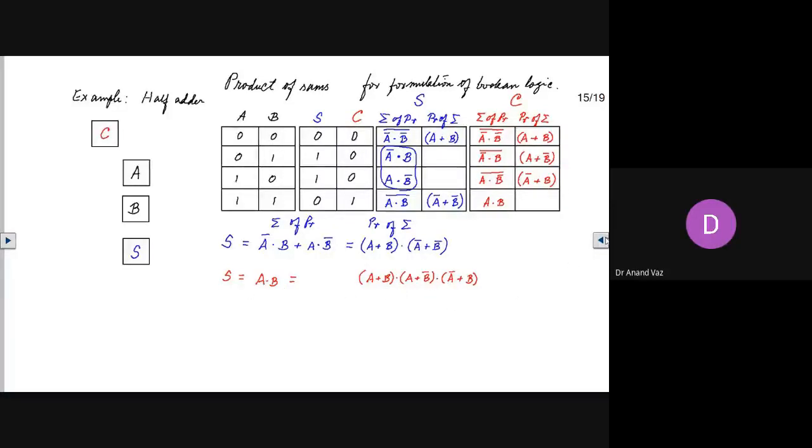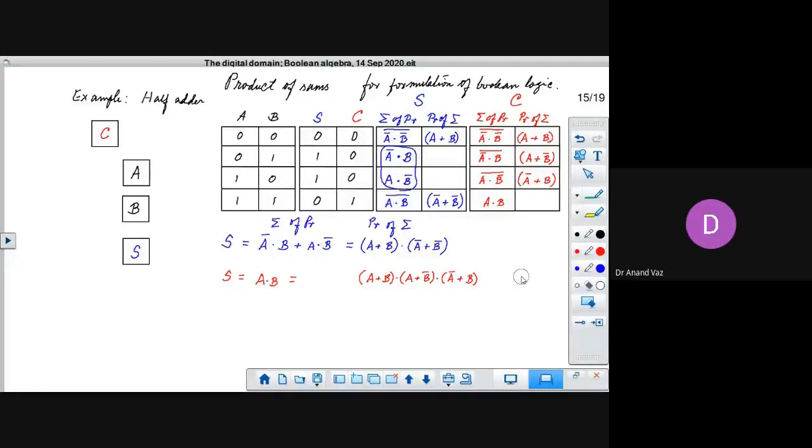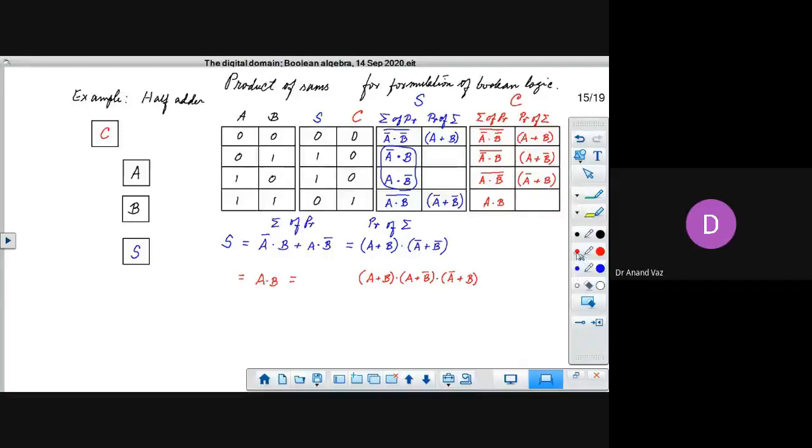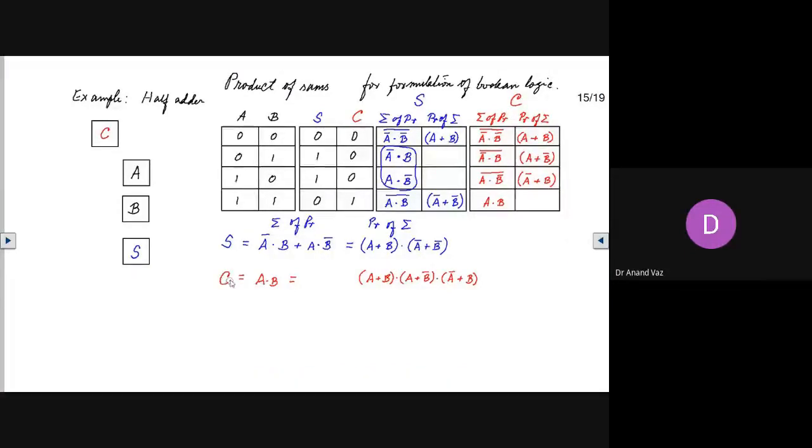I'm sorry, I made one mistake. I wish you had been a little more attentive and corrected me in time. So this is going to be C, okay? I'm sorry for the mistake. So C is equal to A and B, and that is equal to, okay? So we were actually looking at C all the time. So C is equal to A and B. So it is A or B, which is this one here.